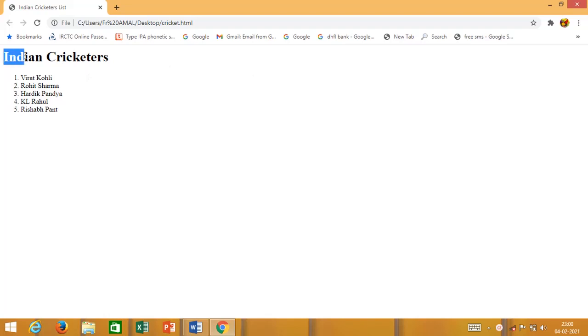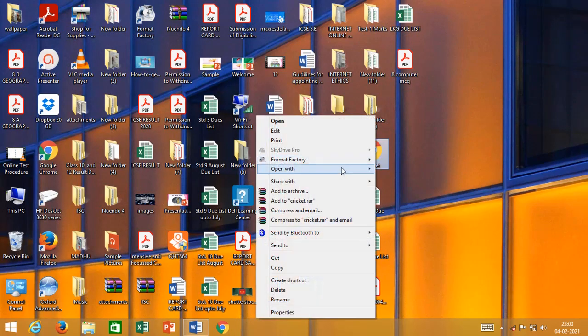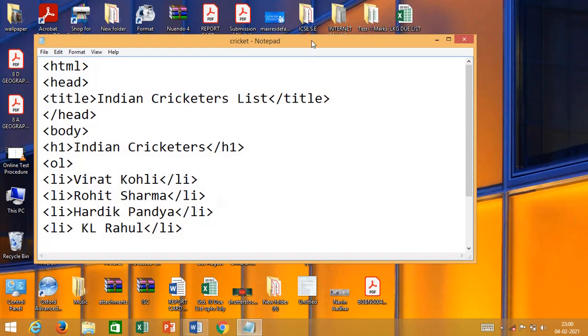What I mean to say, suppose I want to move this within the web page. Suppose let us say it will move from left hand side to right hand side, or let us say it will scroll from right hand side to left hand side. So how can this be done? Let us see the same. I will open the file using the notepad editor. Now here it comes on the screen.